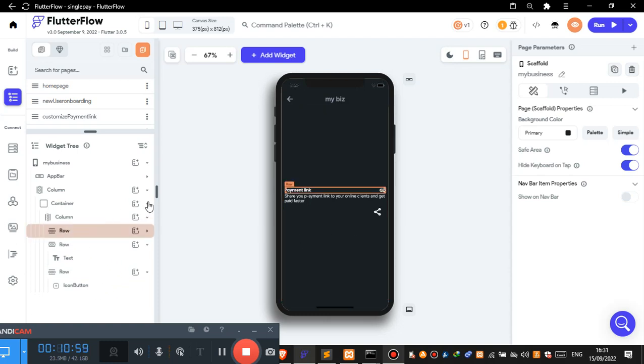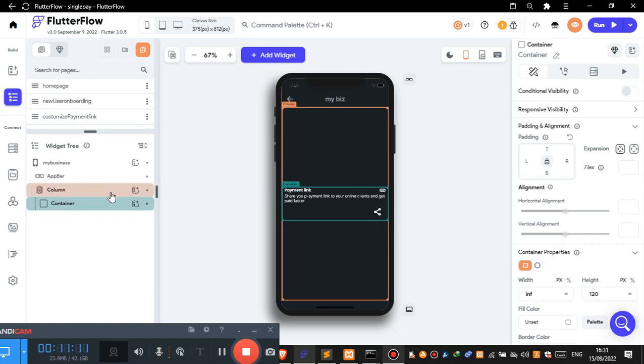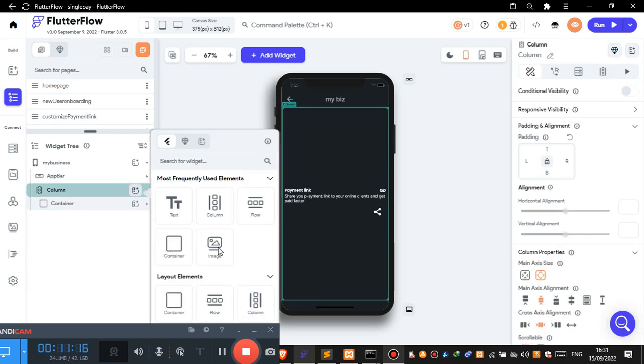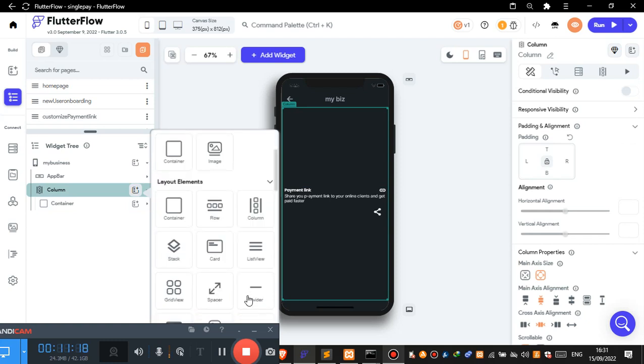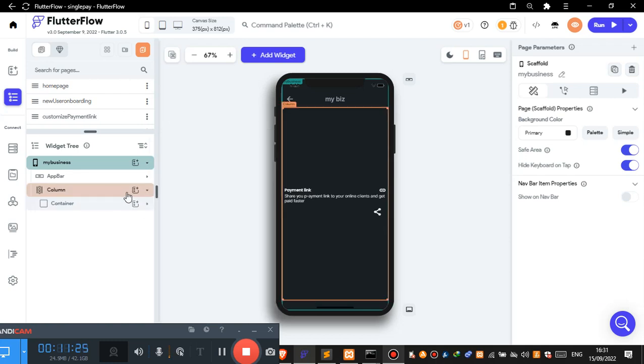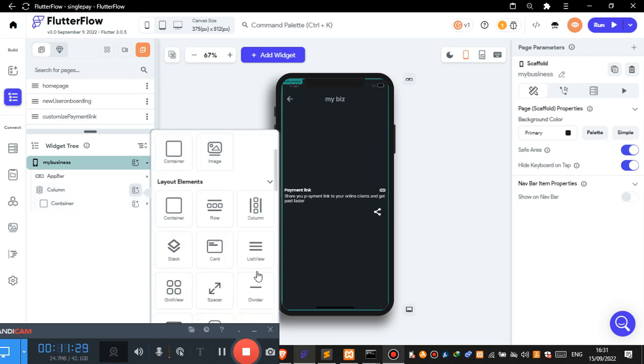So what I can do is I can just minimize the container. Now to add a divider, you need to do it inside the column. So it has to be inside the column and not inside the container. So let's go back to our first column, and I'm going to put in a divider. A divider is kind of a line that separates two things basically. So let me go back to the container here, click on it, and I'm going to add that divider there. Here we go. So add the divider,